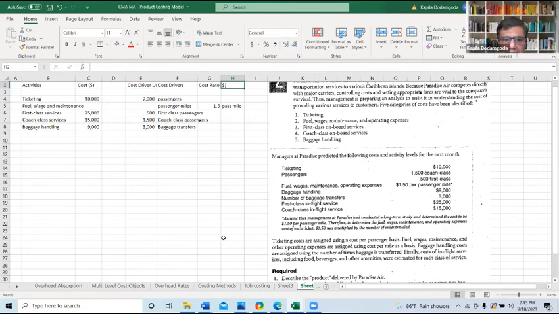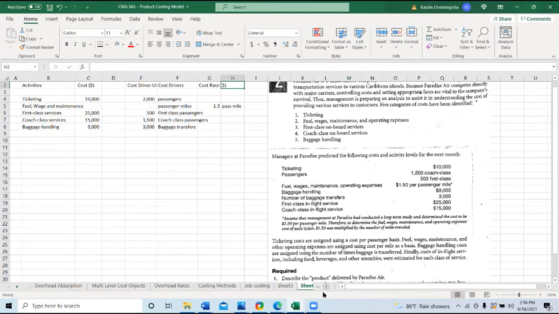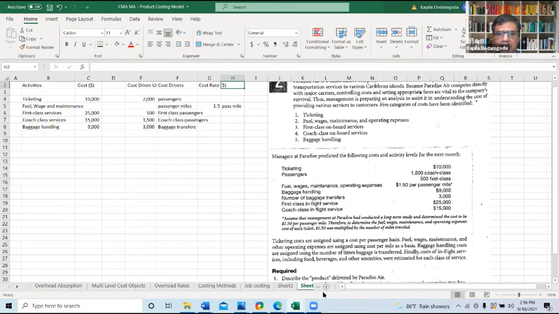Now, the point is what is the product? The nature of the business, how do you explain the product? Can you say providing air travel to a passenger, including ticketing, flight services, and baggage handling? Exactly. So providing air travel to a passenger from point to point, which includes the flight services, ticketing obviously, and then the baggage transfer. So that is the product.